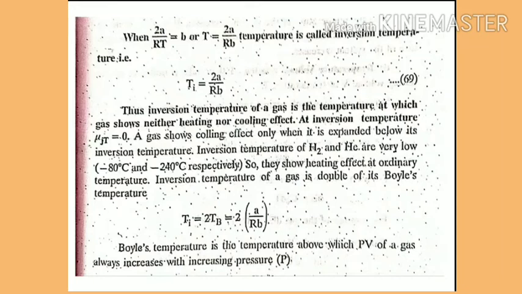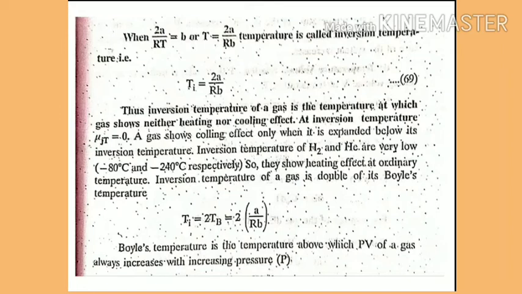If 2a upon RT is equal to b, then this temperature is known as the inversion temperature. At the inversion temperature, a gas shows neither heating nor cooling effect, and